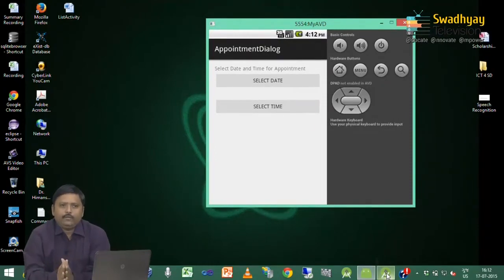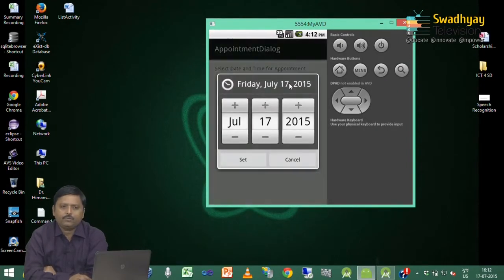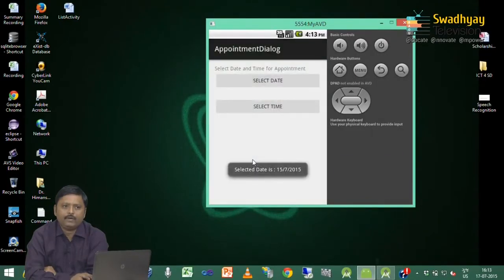Here on the screen you can see there are two buttons displayed. Initially it was showing a force close error because we had not created an instance of calendar, which we see inside the code. So, when you press this select date, it shows the current date and you can change this date as in the case of the date picker control, and whenever you press this set button it shows the selected date.